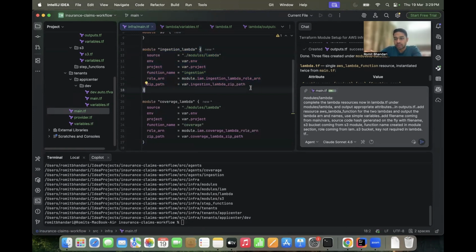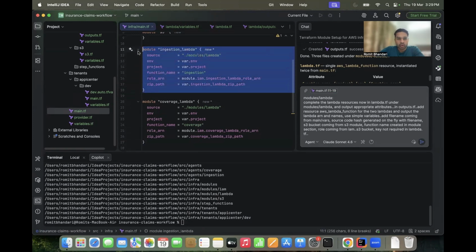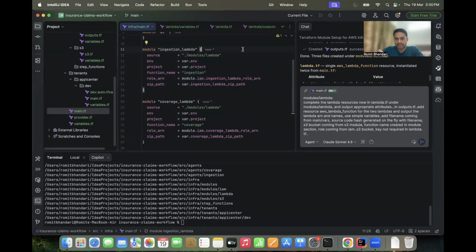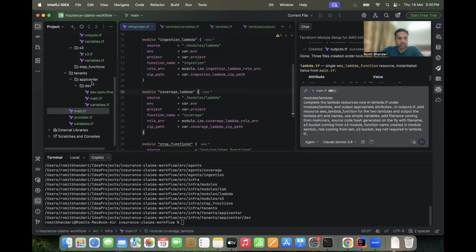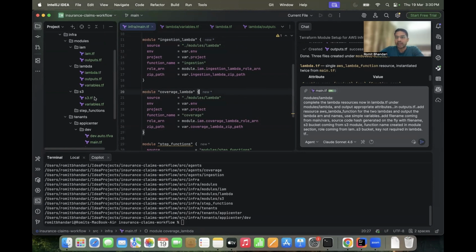Since more or less the attributes which we need for all the Lambdas are pretty much same, so I think this particular approach is also fine. Otherwise we would have had one module Lambda here, and we would have given multiple different variables for each of the different Lambdas, but I think this looks more robust from the design point of view. So I think it's a good design, I would say,